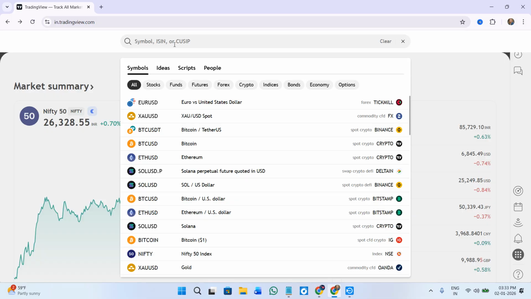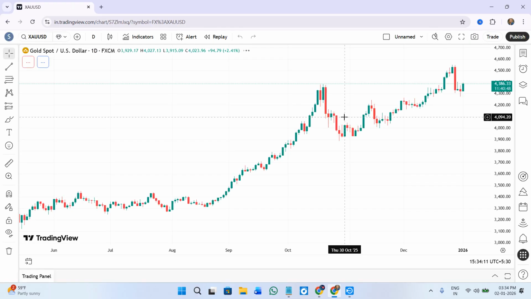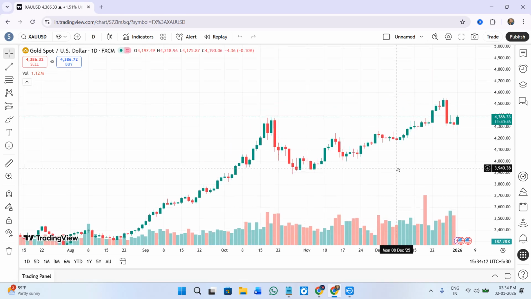Then you need to simply search for any of the symbols of the chart which you want to launch here in TradingView. For example, let's say I want to launch the chart of gold. So here the XAU/USD spot pair is available. You can also use the search bar in order to search for its symbol. Simply click on the option of launch chart right next to it, and it is going to launch the chart